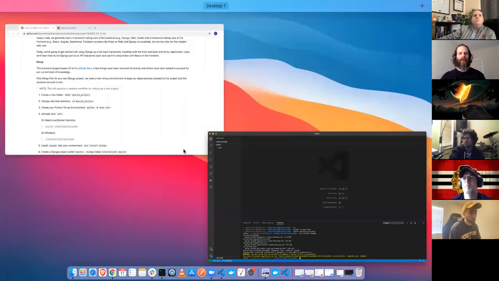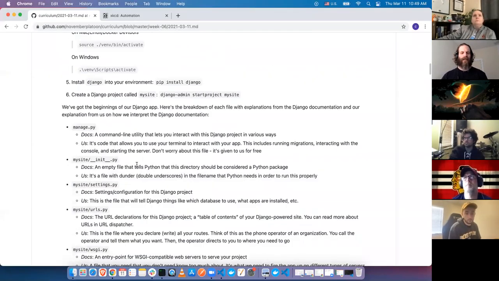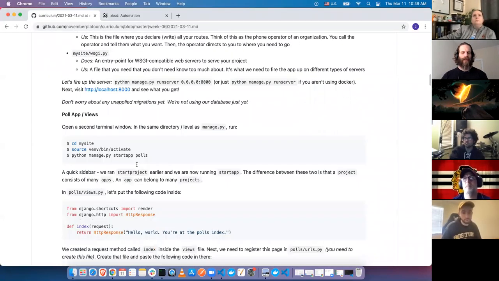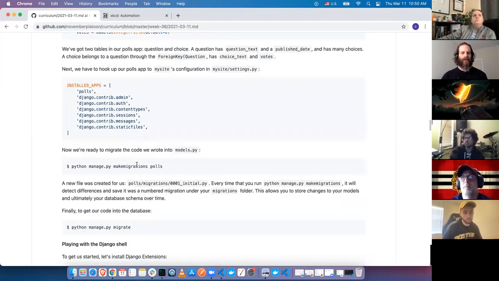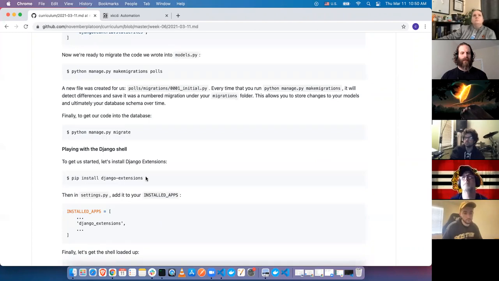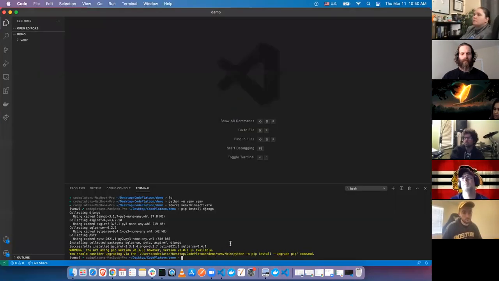And you don't have to do this, but it's a convenience when we're looking at the shell. But I'm going to import Django Extensions. This is not necessary, but